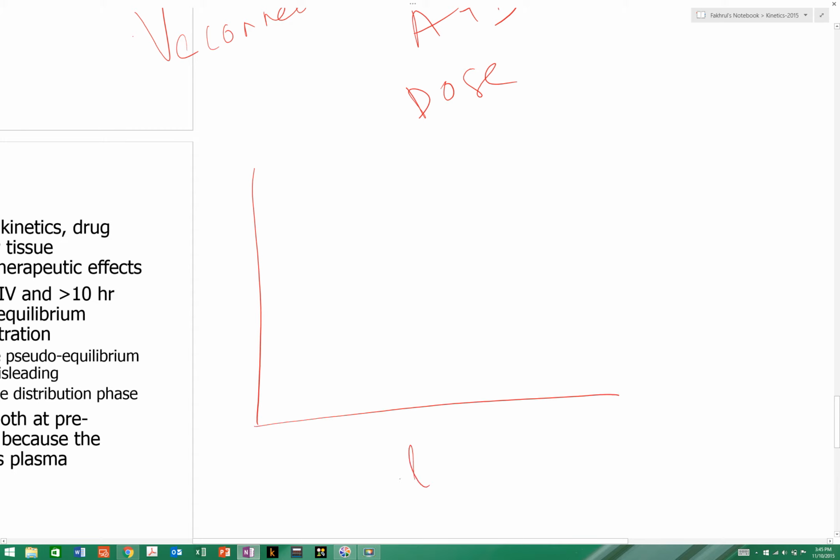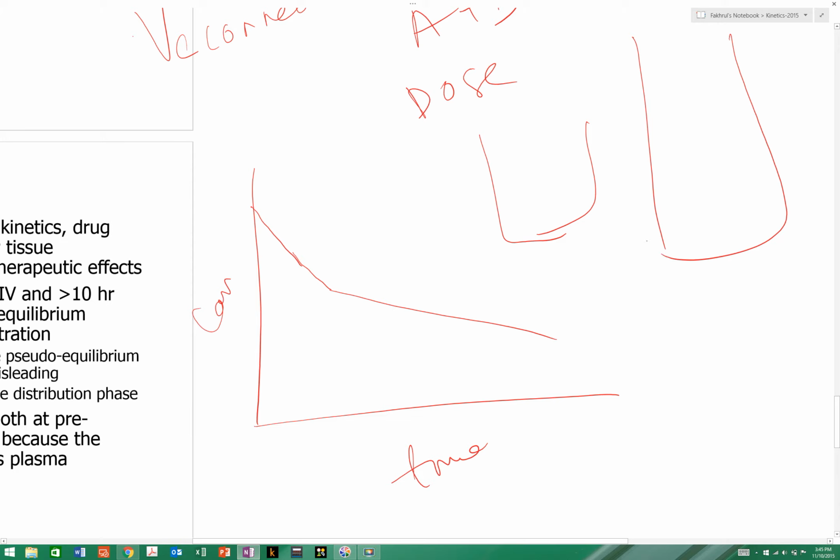This is time and drug concentration, and this is the profile. We know this is the central compartment and this is the peripheral compartment. The drug acts here and does not act here, it is ineffective here. So if you are taking the sample from here, it would not give you an idea about the therapeutic efficacy, the therapeutic concentration. In that case you have to take the sample from there,